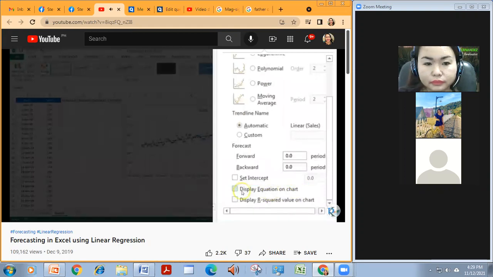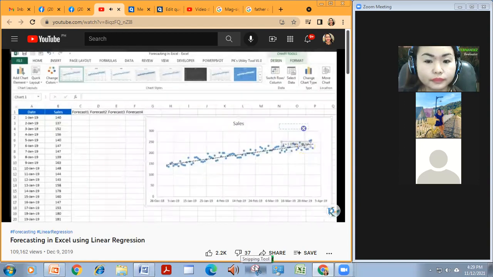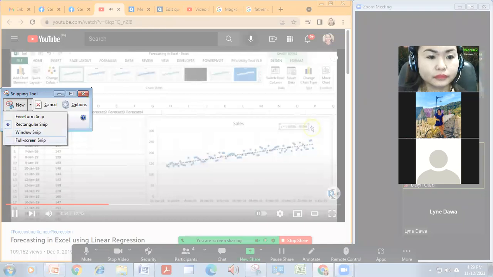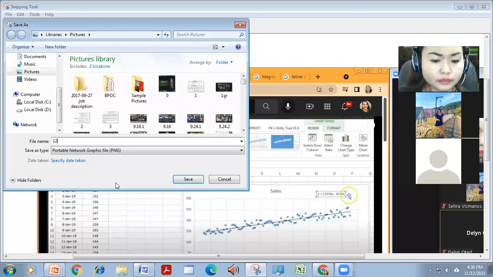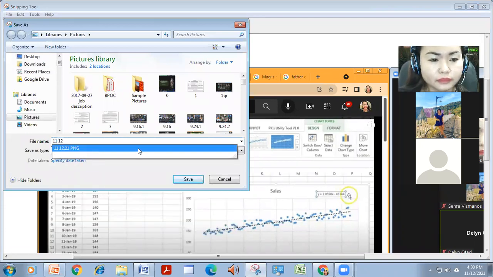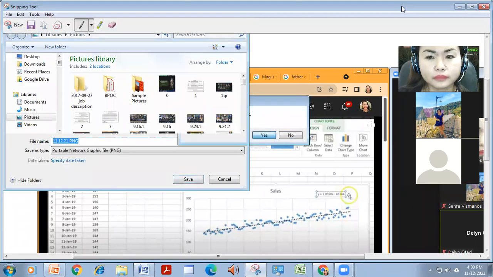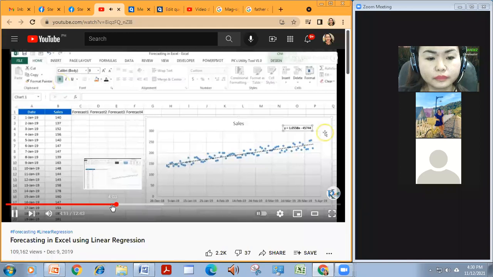Check this checkbox and close the widget. Here you can see the equation is available: y equal to 10558x minus 45744. So this is our linear regression equation to do the forecasting. I'll explain you how you can do the forecasting using this equation.